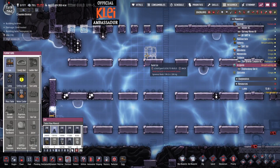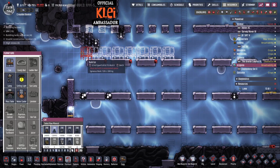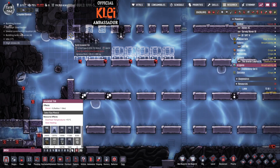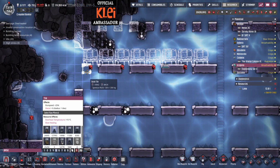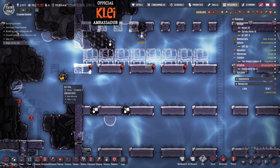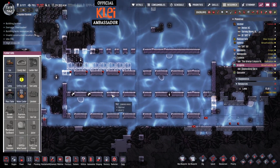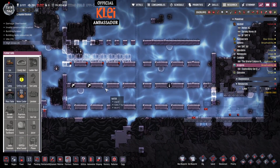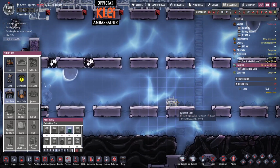So we could do something like 5, 6, 7, 8. I mean, we can just fill this up, I suppose. Not much harm in that. And then say, ideally I'd like to leave 3 for beds. I mean, I suppose we'll put another bed down here. What we can do is put